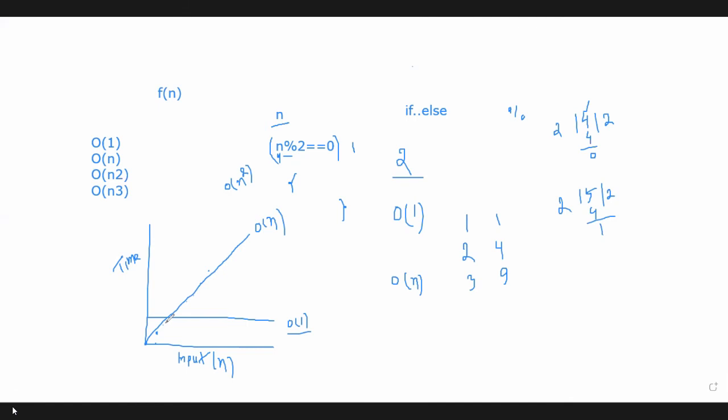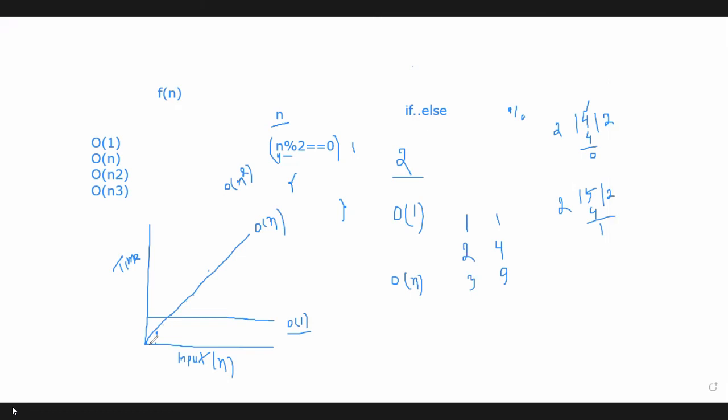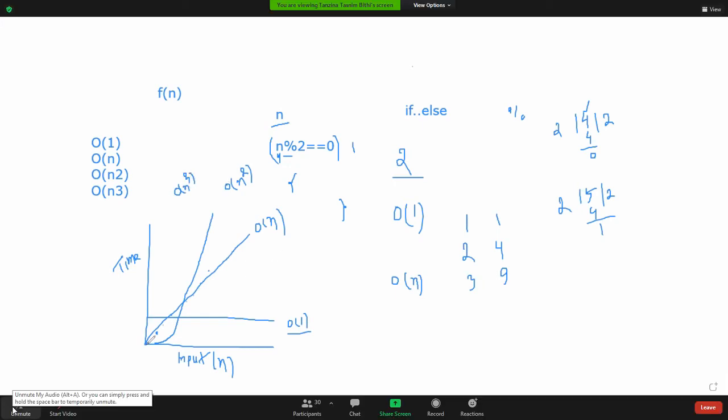It will go more to the left side. So it can be like this, right? And then another one is order of n cube. The growth of order of n cube is higher than the other time complexities, right? So it will be like this.